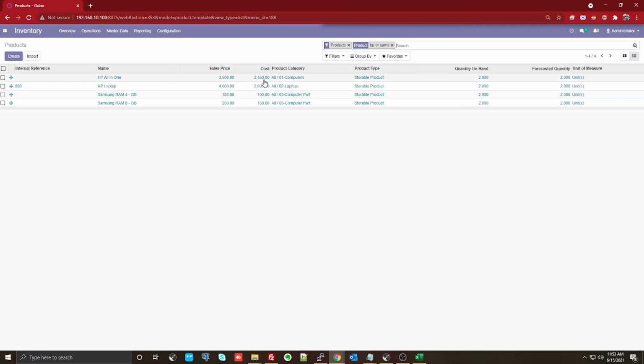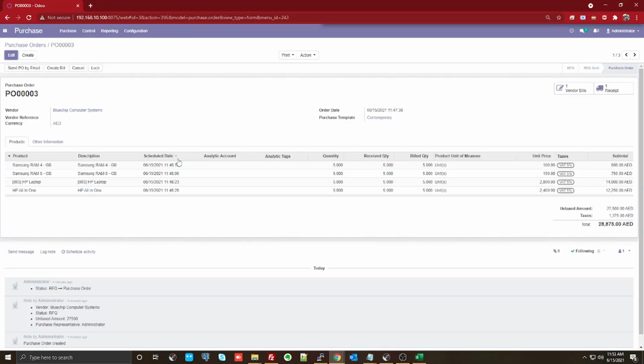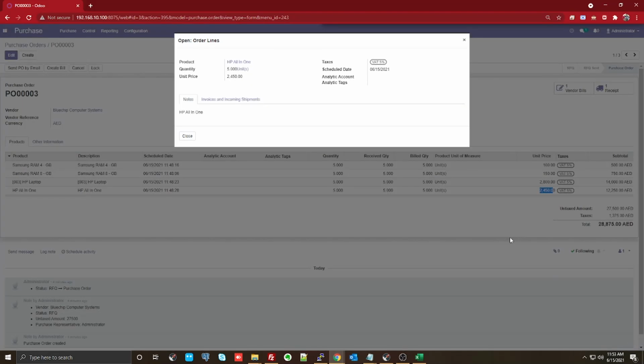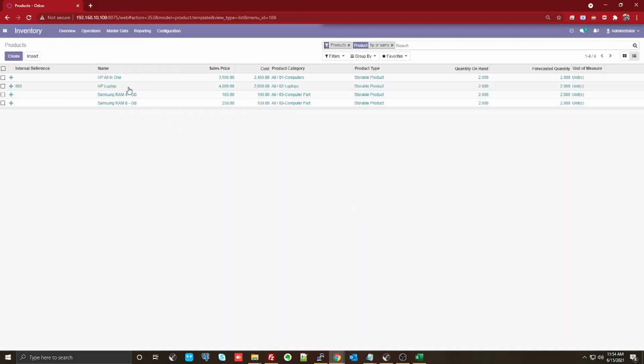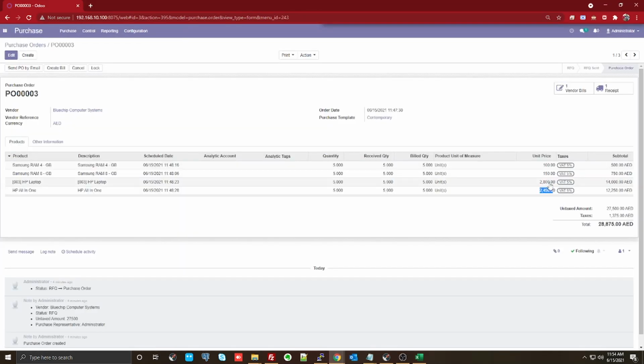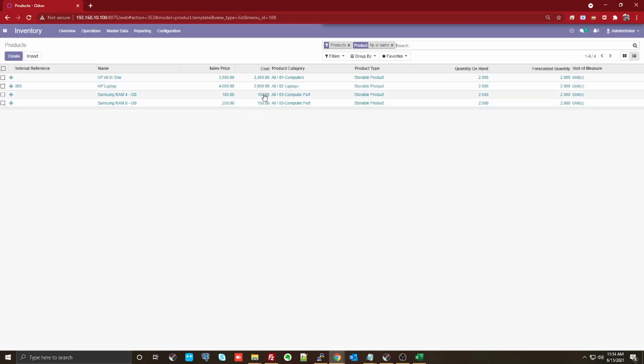HP all-in-one, the cost is 2,450. You can see that for the HP all-in-one in the purchase orders, 2,450 is the unit price which was the purchase value. Similarly, you go back and look for the laptops, you can see that it's 2,800. So the system is looking at that first initial purchase order, and taking all those numbers from there.